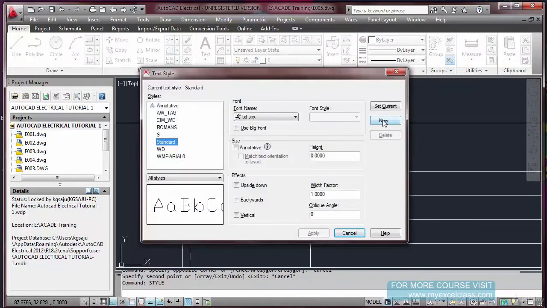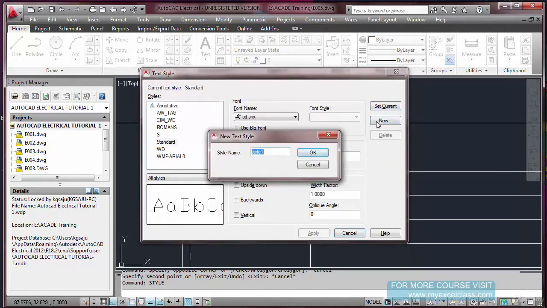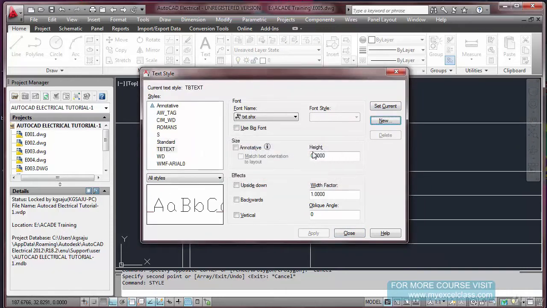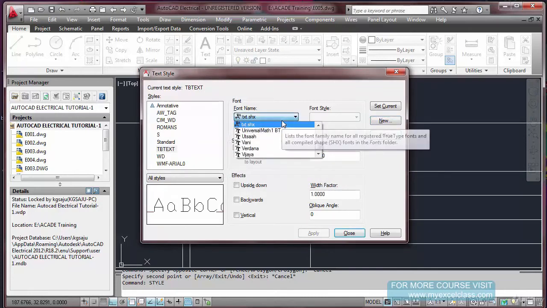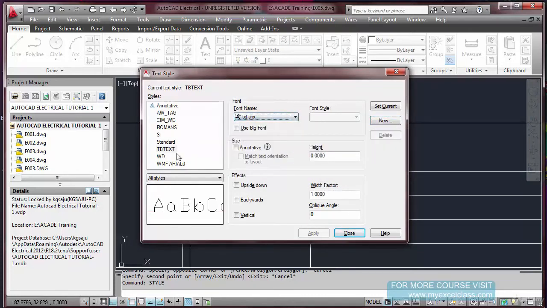I'm going to create a new text style, TB text, title block text. I'm going to create a new style, and TB text is my style name. Font, I'm going to select Arial.